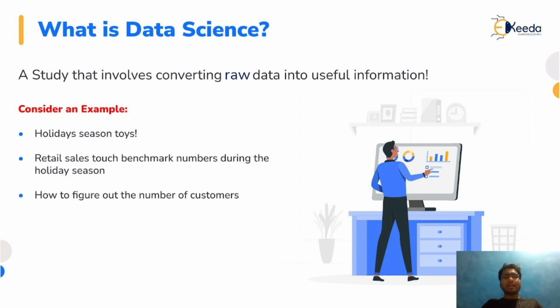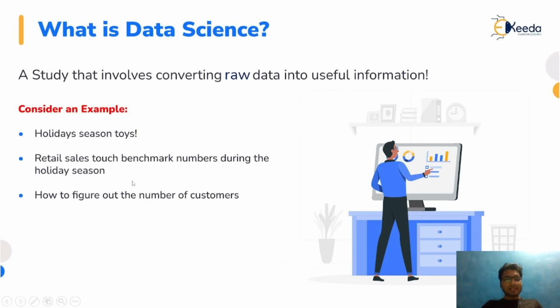So how exactly can he get that information? Obviously, he can check the past data, what exactly has been the trend in the past during the holiday season. Based on that information, since he is not knowledgeable in data science, he can take help of a data scientist, and then come to a conclusion about what kind of toys should be kept in what quantity, so that his overall sales and revenue would be optimized and higher than before. So this is one example of data science, where data science can be utilized to increase revenue.